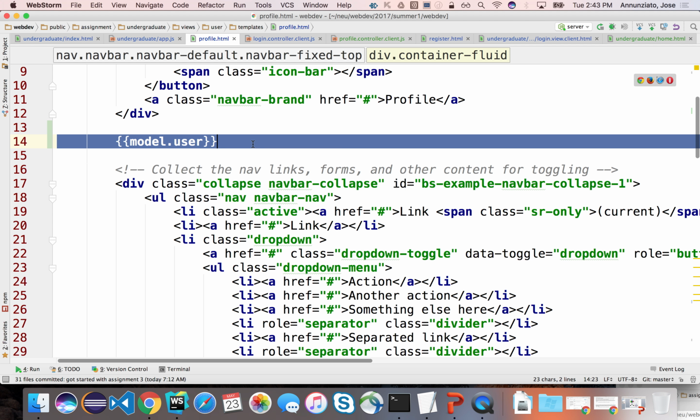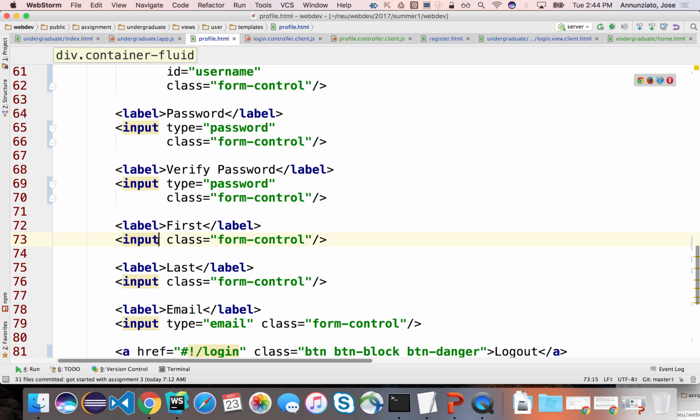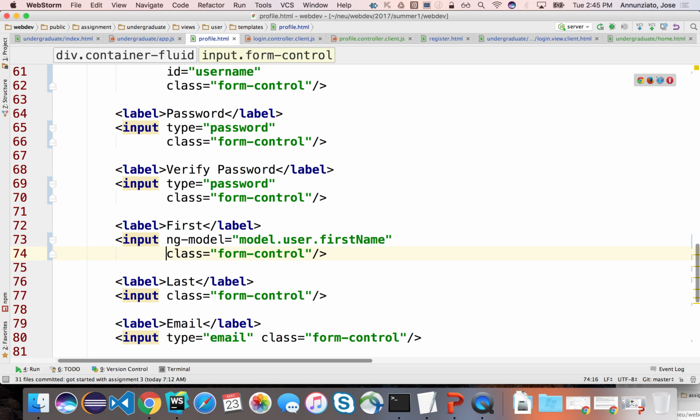So we're going to add here, and we're going to tie this input field to one of the attributes in the user object. So we're going to tie the value of this input field to the model.user.username. Okay, and the same thing for all the other fields, like the passwords. Well, not the password actually. First name, we'll do that. Let's tie that to that model. There it is. So that's going to be the first name. I'm going to do the same thing for the